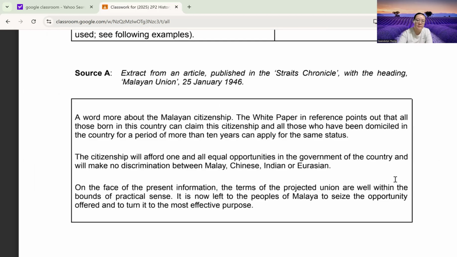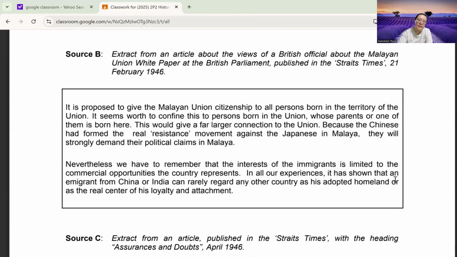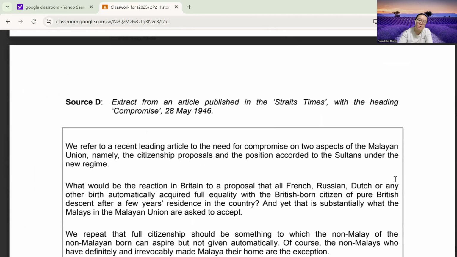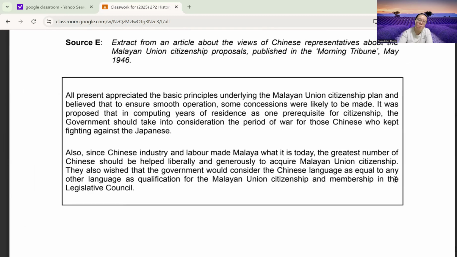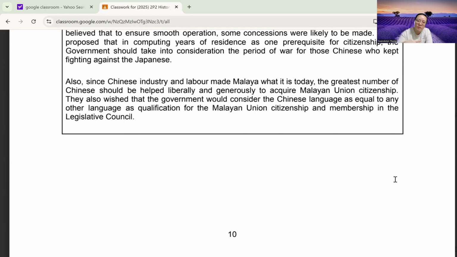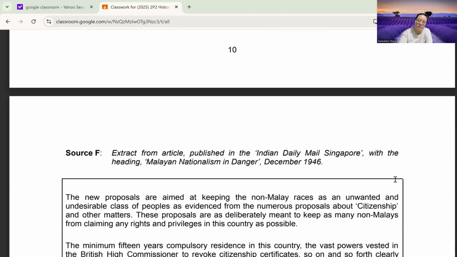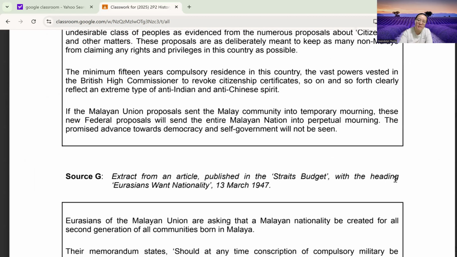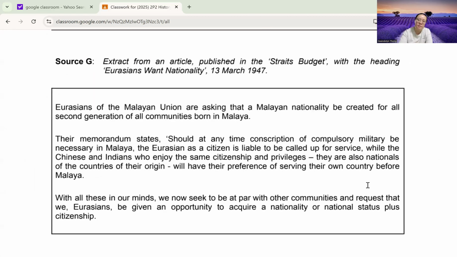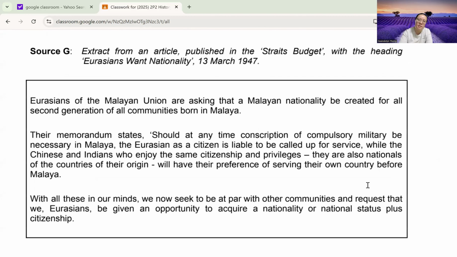Commit to it, okay? And then after that, what you need to do is to create one source that agrees with the position, okay, of the given source, and one source that disagrees. Okay, so if the given source is supportive, okay, your created source has to be supportive as well for the agree side, okay, and it has to be critical for the disagree side.